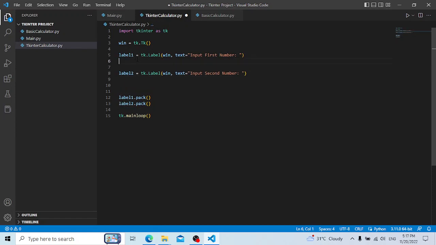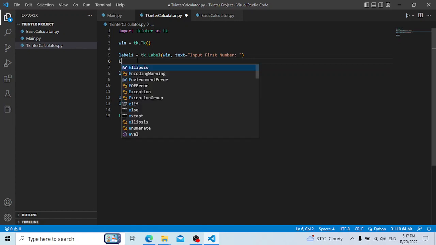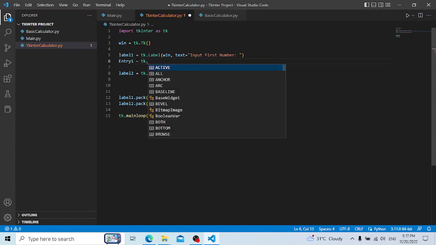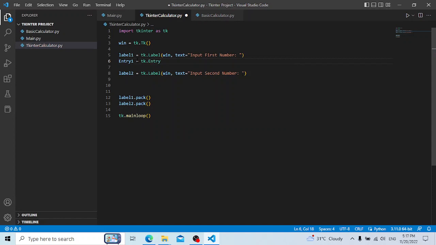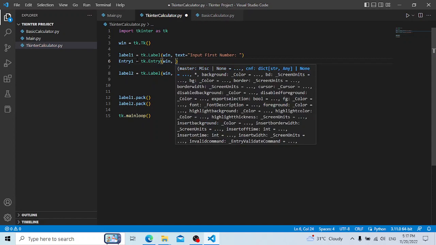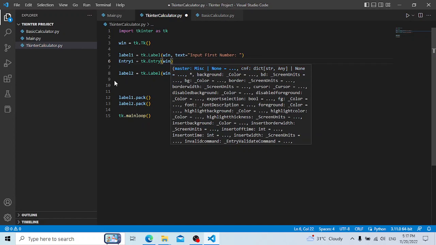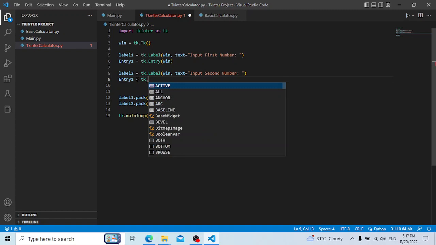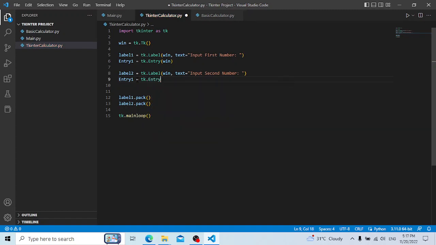So label 1, right below that we're going to want to have our entry. So entry 1 is going to be tk.Entry. That's going to sit in win again just for now, and nothing else is really needed from there. Entry 2 is tk.Entry,